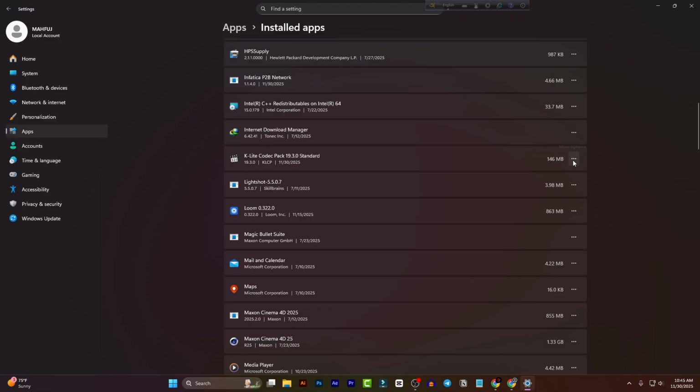Now click on three dot and you will see the uninstall option. Just click uninstall and a pop-up will come in front of you. This app and its related info will be uninstalled. Click uninstall. A pop-up will come in front of you. Just click yes,